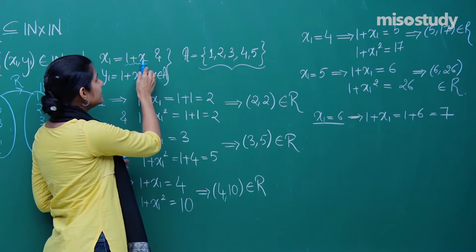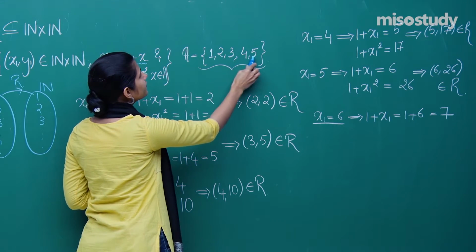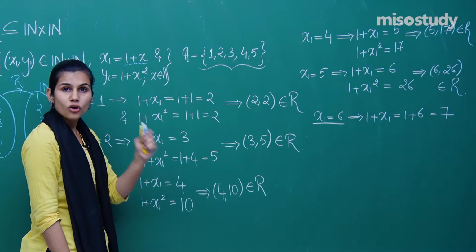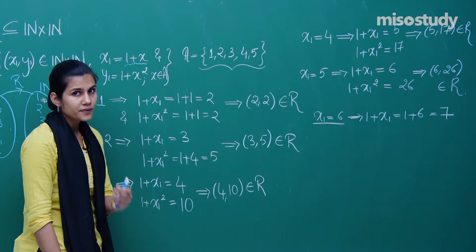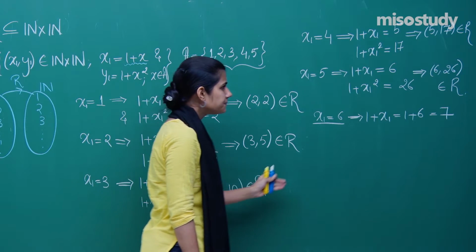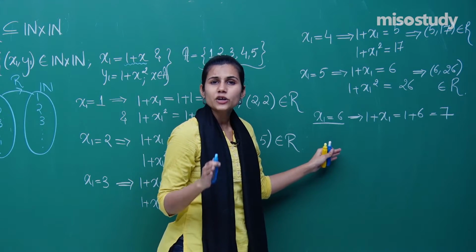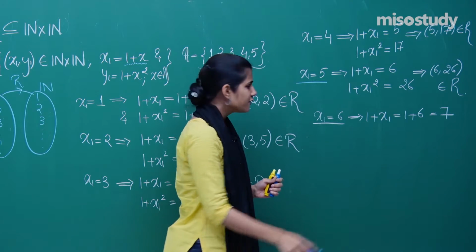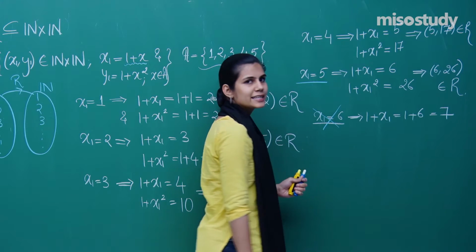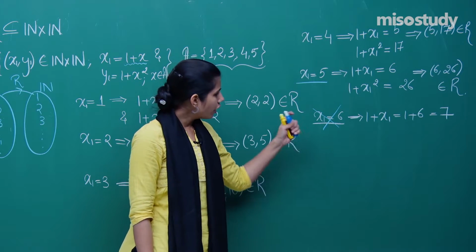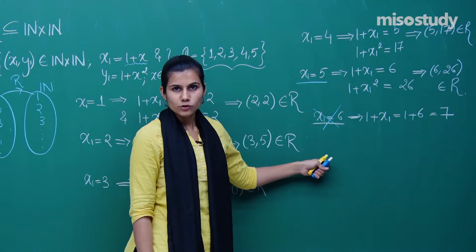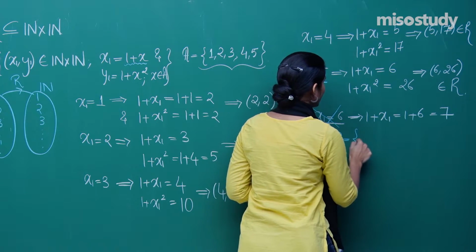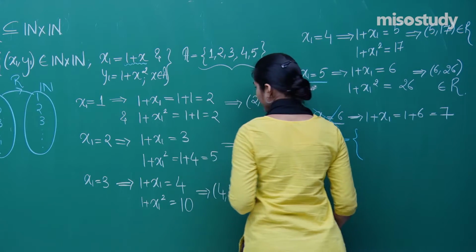That means this x can take only these 5 values. It cannot take 6 or 7 or 8 or anything beyond 5. And that means our process of obtaining ordered pairs sitting inside R stops at x1 equals 5. We cannot go beyond x1 equals 5, and that is why your R gets completed as the collection of ordered pairs